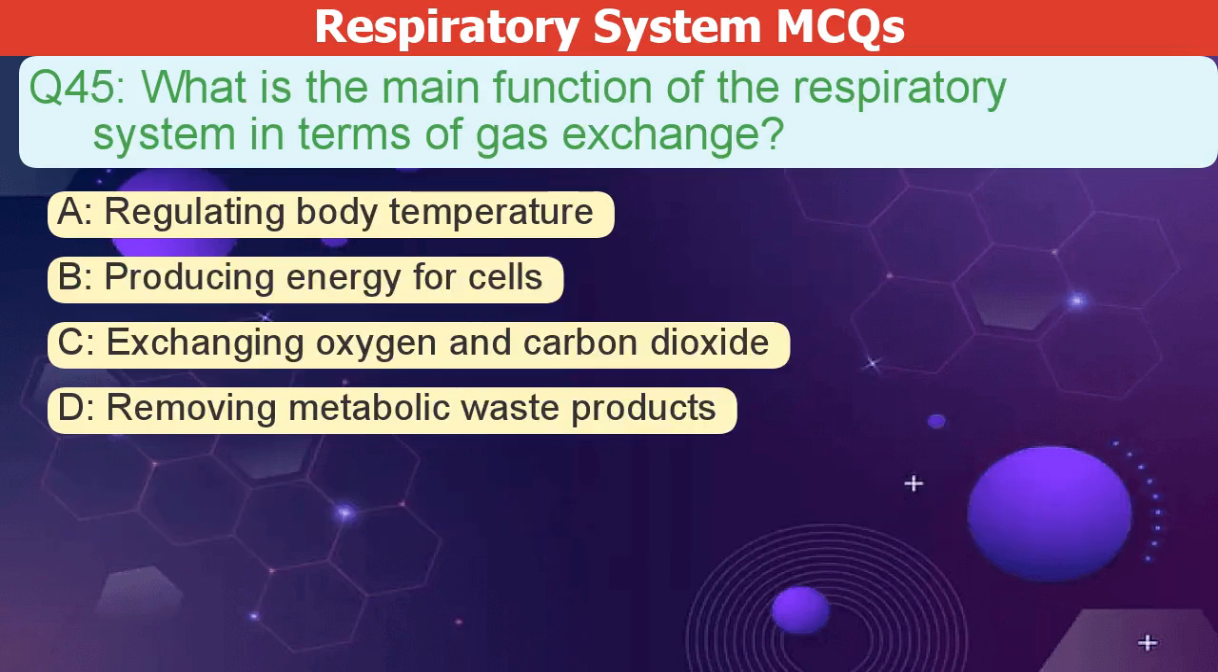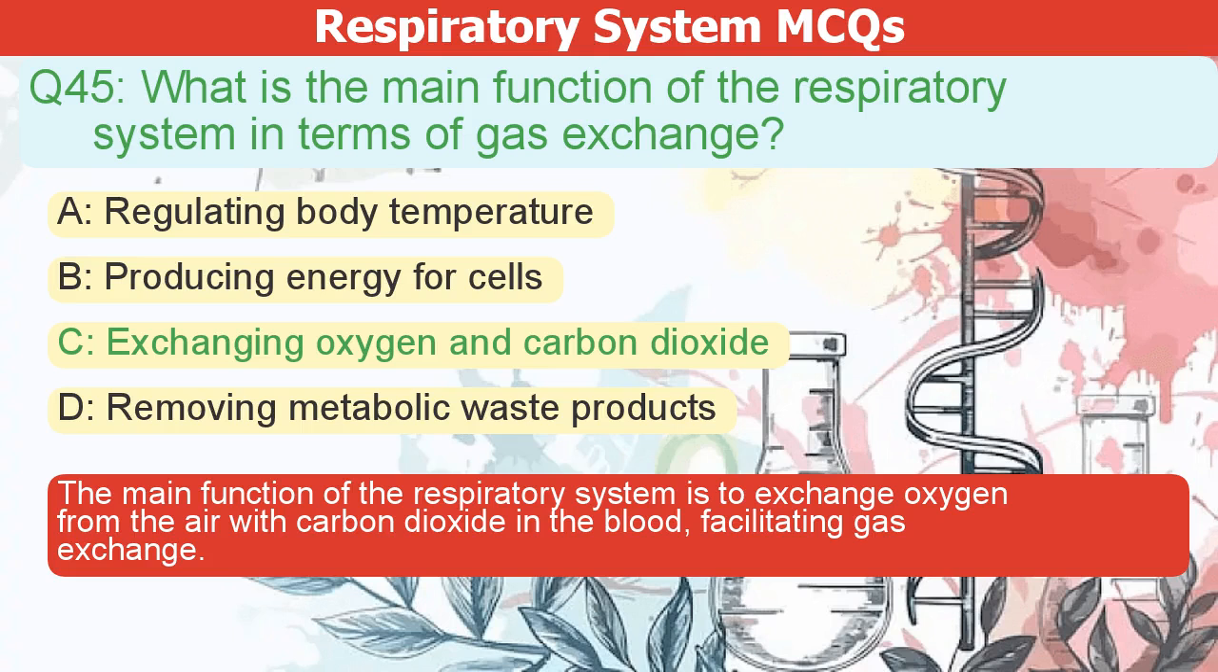What is the main function of the respiratory system in terms of gas exchange? A. Regulating body temperature. B. Producing energy for cells. C. Exchanging oxygen and carbon dioxide. D. Removing metabolic waste products. The correct answer is C. The main function of the respiratory system is to exchange oxygen from the air with carbon dioxide in the blood,